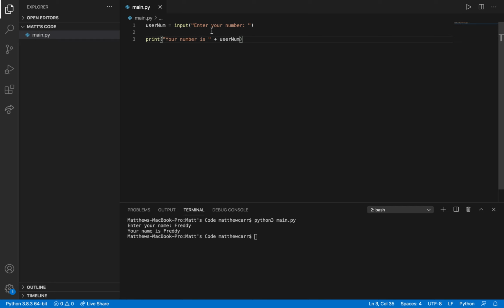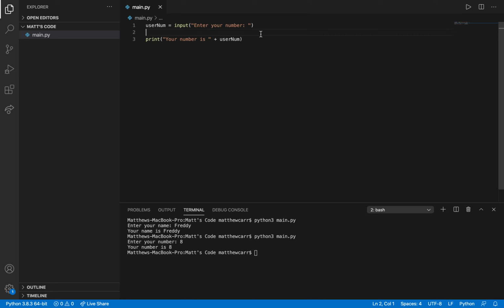If it's going to take our number as a string and we try to add or concatenate that with "your number is", we're going to get a problem. I'll just run this code to show you. Enter your number. Let's say 8. "Your number is 8." Oh, wait, sorry. My bad. There isn't a problem because it's a string. String plus string, no problem.